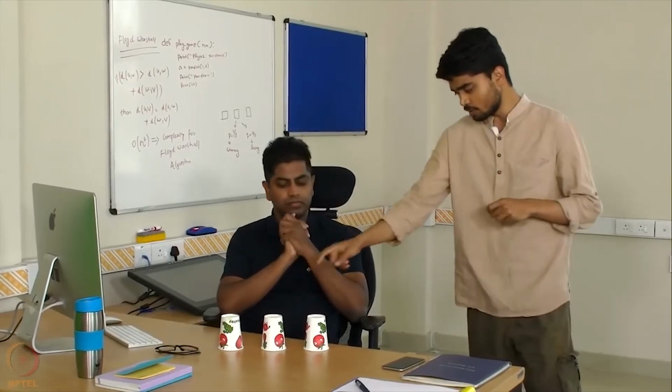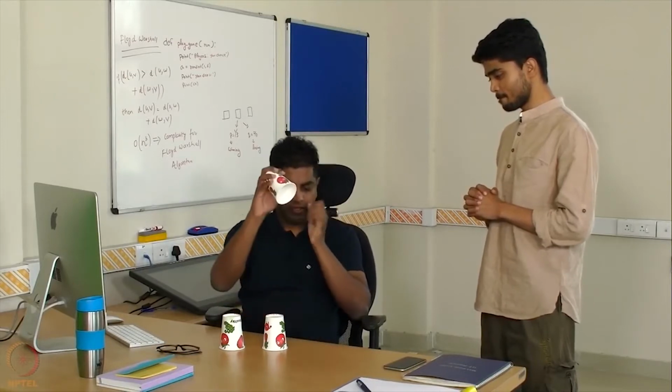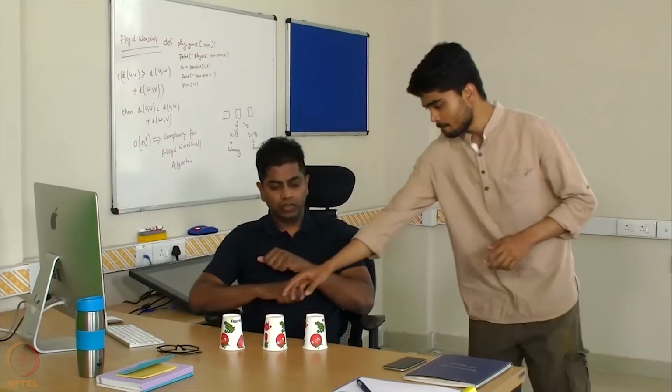I'll choose the middle one. Middle one? It doesn't have a chocolate. See, you chose the middle one. Touch the middle one. This was your choice, correct? You chose this. But then I'm going to show you that this doesn't have a chocolate, and I am now going to throw this away from the scene. Now you are left with 2 choices, this or this. If you want, you can change your mind. Change your mind and choose this, or don't change your mind and stick to this. What would you like to do?